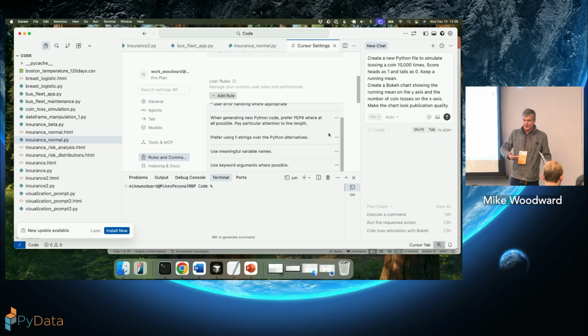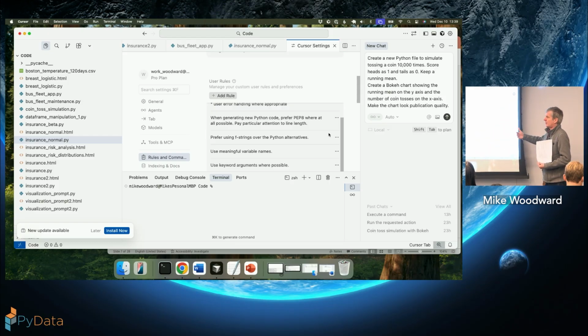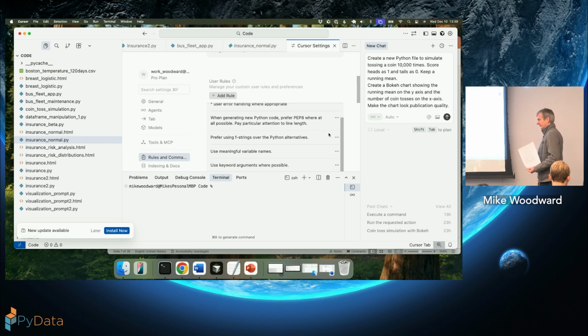Now that's both a good thing and a bad thing. Sorry, what do you mean by in the context of your existing code base? Okay, so let's say that someone in your organization has already solved a particular problem, maybe a machine learning model, and the code says this is the way I will analyze it, maybe using logistic regression. When you come up with a similar problem, it will look through the code base to see if there's anything similar, and it'll say, I've got a template I can use to generate the code. So it's a kind of hint, a context learning, if you like.